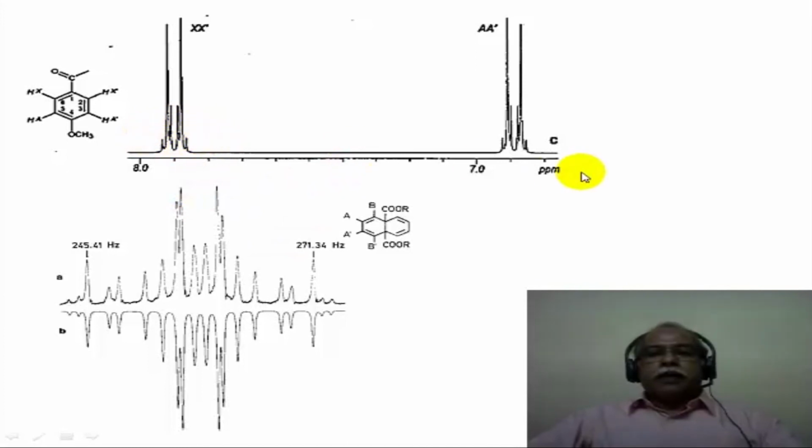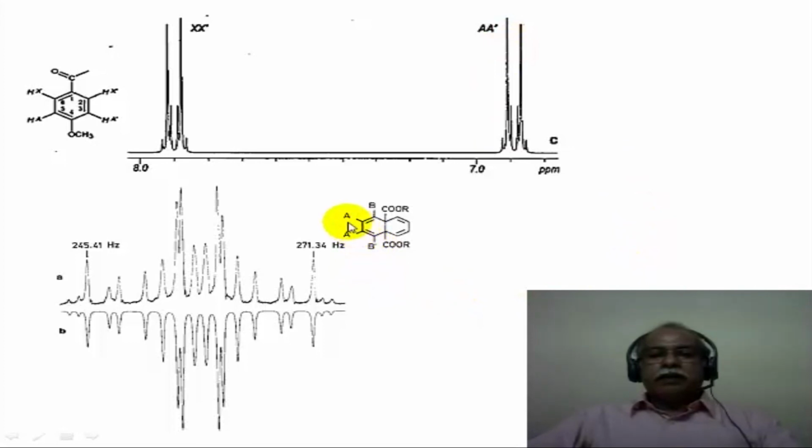So this complex pattern essentially constitutes a second order spectrum of AA'BB'. There are two chemical shift values, namely delta A and delta X, and several coupling constant values corresponding to JAX, JAX', JAA' and so on. So it is not easy to extract the information regarding all the coupling constants. The major coupling between A and X can be easily obtained from the spectrum because the major lines essentially represent the coupling between A and X in this case.